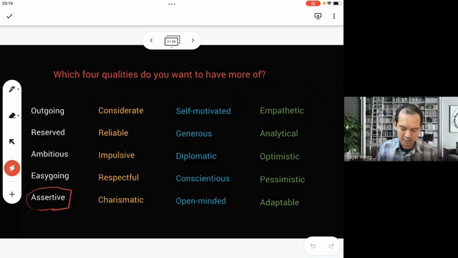Now, this is probably one of the most important qualities that people need to work on. This is very important, so we need to make sure that we know the meaning the right way. If there is anyone who thinks they know the meaning of the word assertive, raise your hand. I want to see how many people have the confidence of knowing this word. Assertive. When you see someone who is assertive, what kind of feeling do you get? What kind of vibe do they give you?